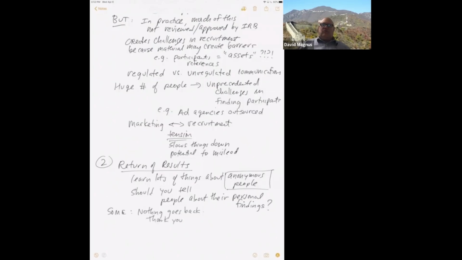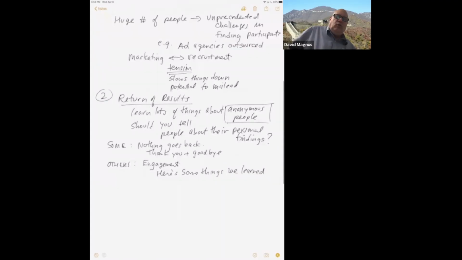And it ranges from that to places that think of this as more of an ongoing engagement and partnership in which information is returned. That becomes even more important for projects like the All of Us project, where the hope is to continue to have people fill out surveys, continue to have new kinds of information, new devices and wearables and so on that are going to be added to the databases. And so they have to have people engaged, and therefore they feel like they have to return results.